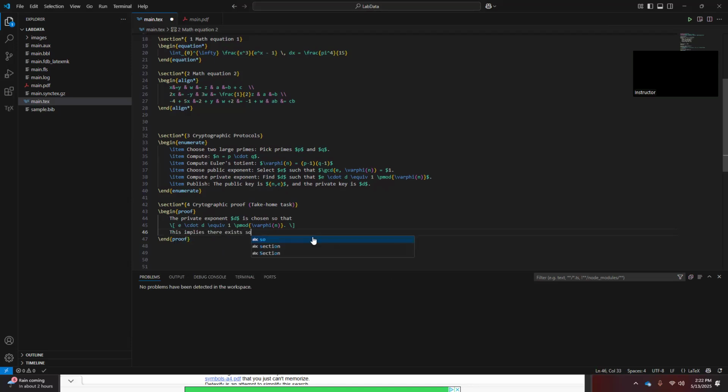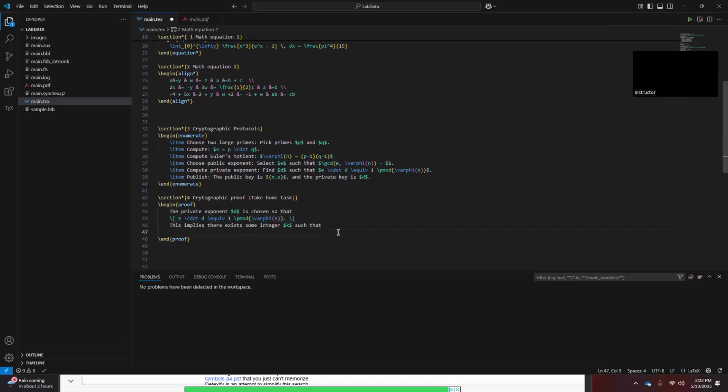there exists some integer $k to such that, let me just copy this from here, use this, and then put it below, but I will remove this one because it is just d is equal to 1 plus k slash